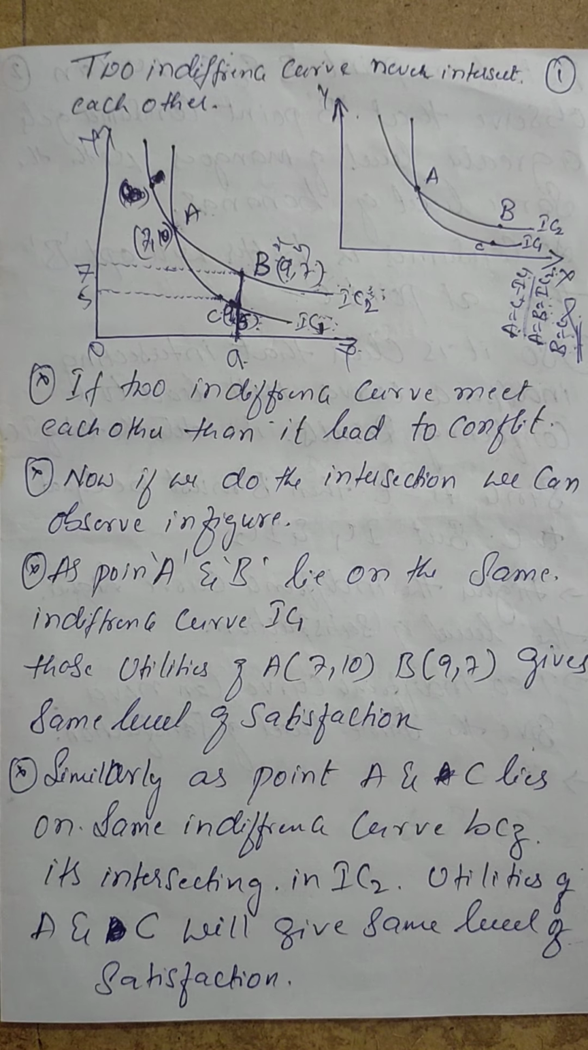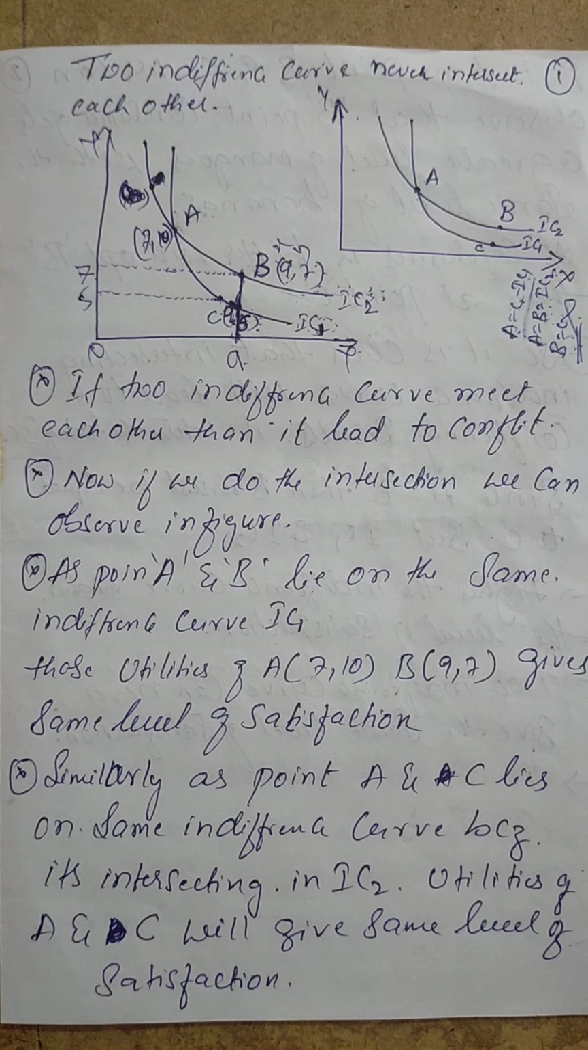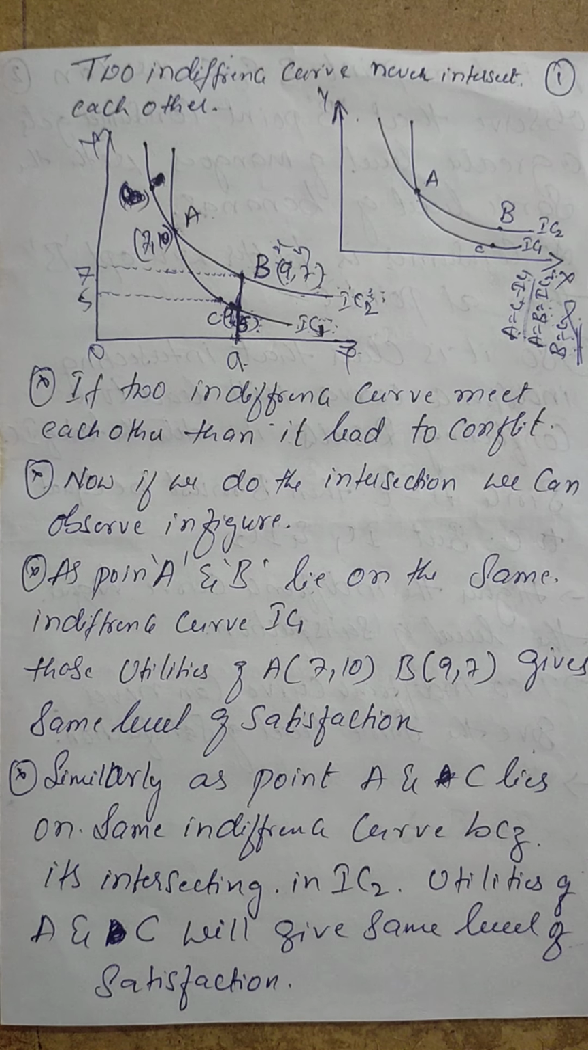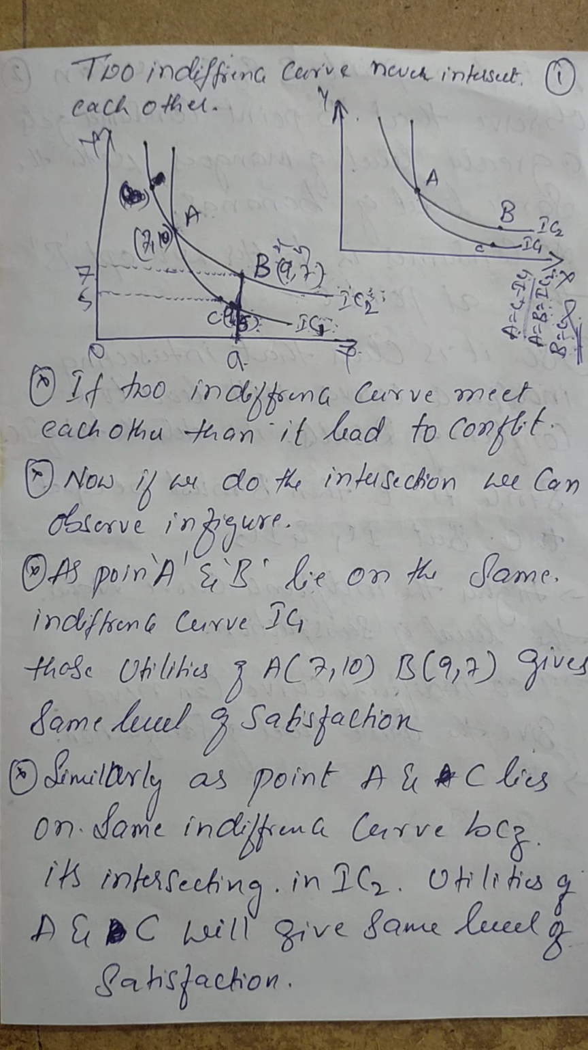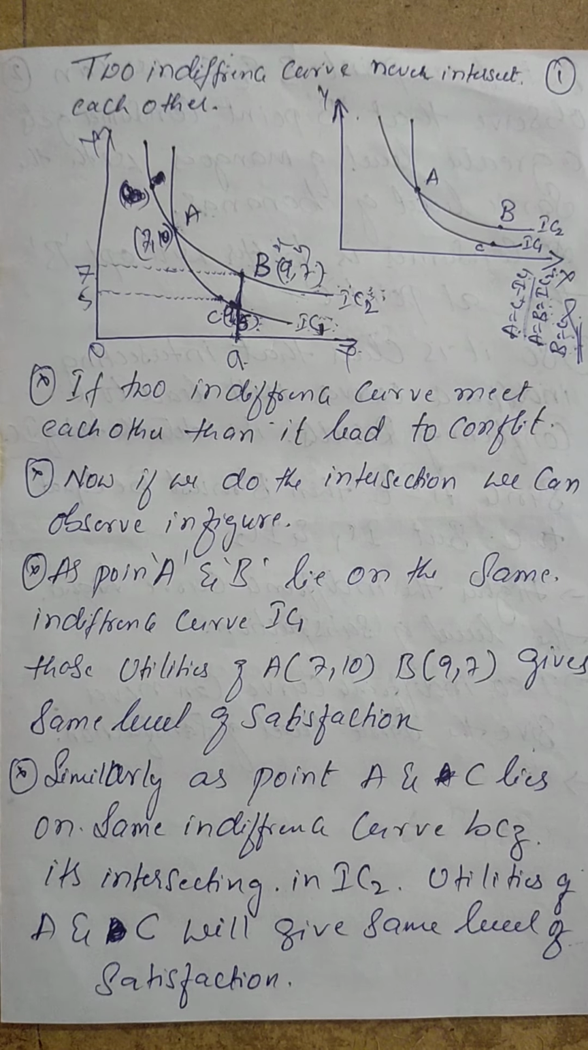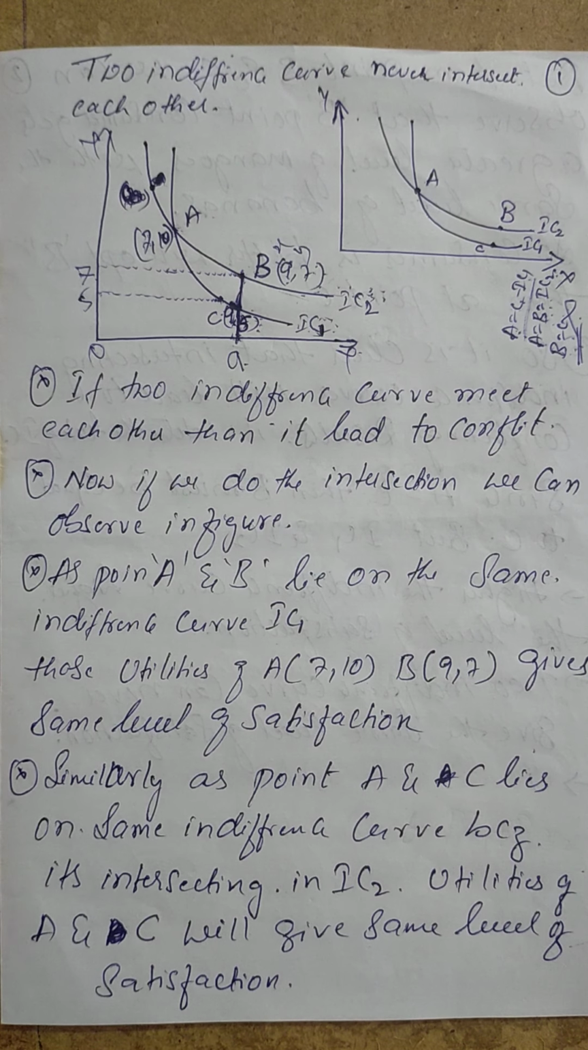Yesterday we were speaking regarding indifference curves, isn't it? And we also spoke about certain features of indifference curves, which is nothing but a higher indifference curve gives a higher level of satisfaction, isn't it? So today we are going to speak about another property of indifference curves, which is that two indifference curves never intersect